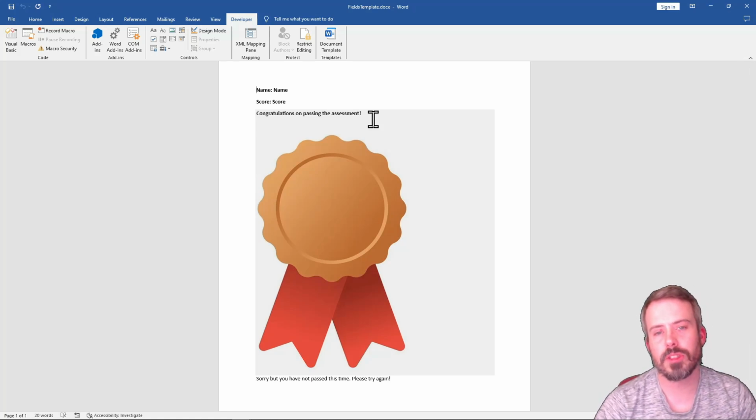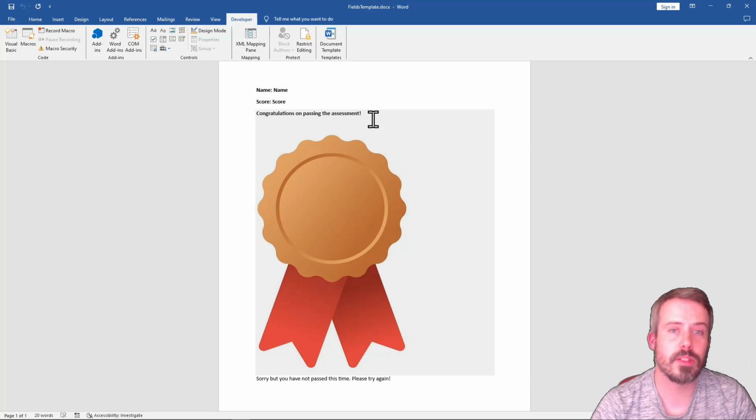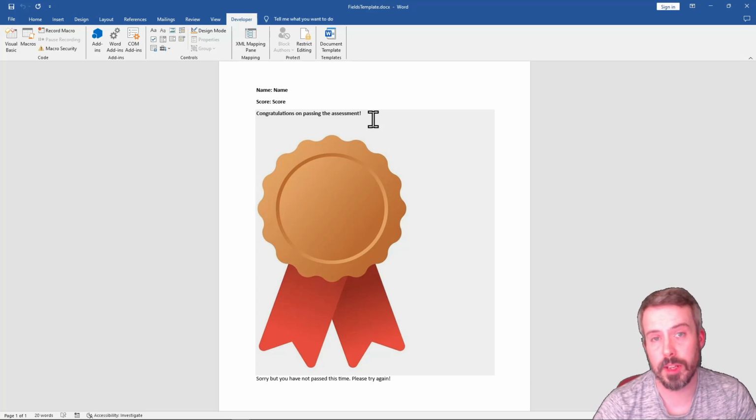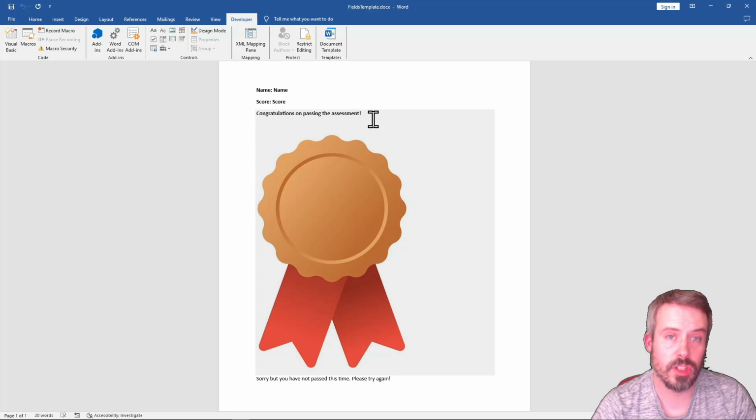So in this video, I want to take a look at using Power Automate to fill in a Word template. But we're going to look at a particularly difficult scenario where we want to have optional sections in our document. So sections that we either want to include or exclude on a particular run of the flow. And particularly further within that optional section, we're going to include an image that we want to dynamically change when